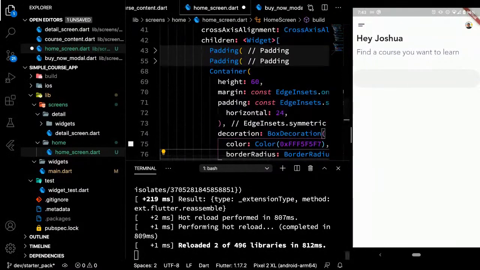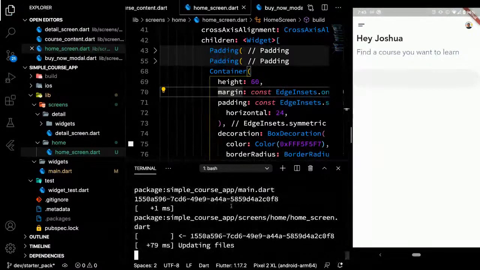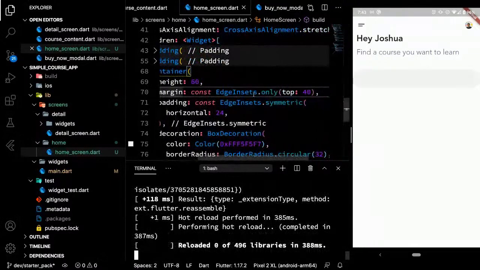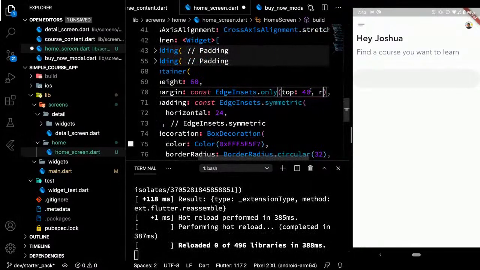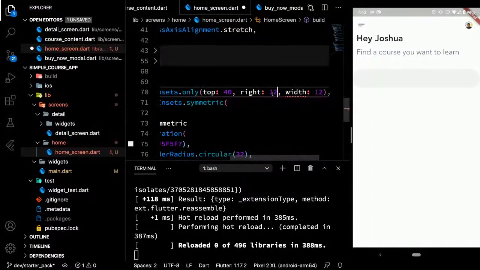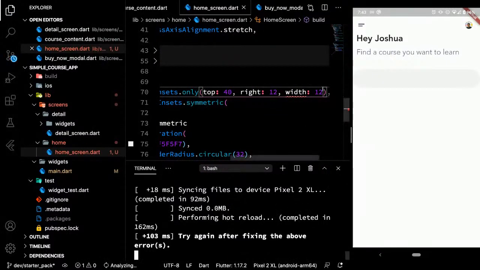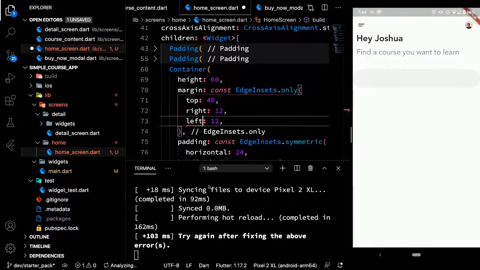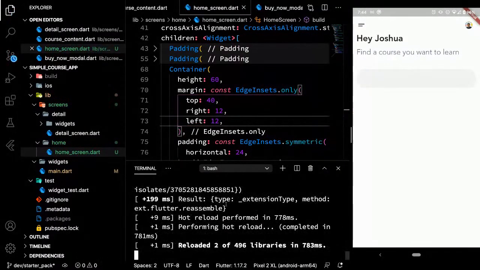Next thing we want to add is the padding. We could just write 24 with 12. Okay, I'm adding a margin outside this container. Oh, this is left. This one. Okay, as you can see here, it's aligned.